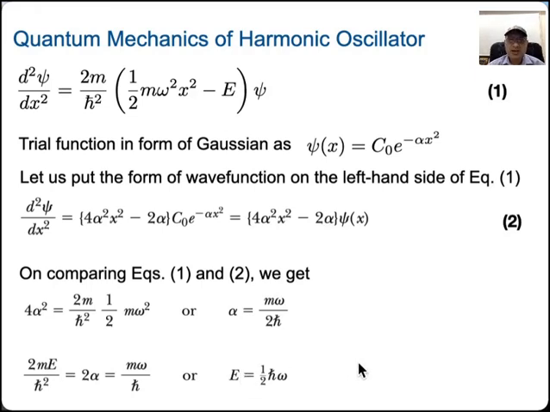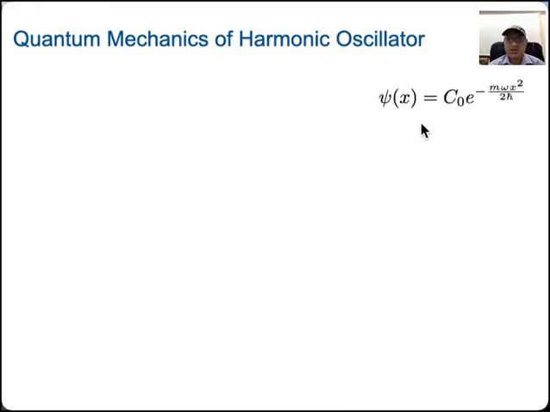Now you may recognize that the ground state energy of a harmonic oscillator is half h cross omega. This is the same value we have obtained using the uncertainty principle, and this is what is known as the zero-point energy. Okay, so this is the functional form of the ground state of your wave function